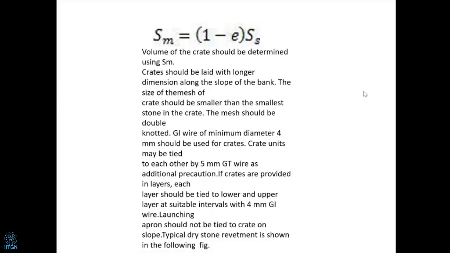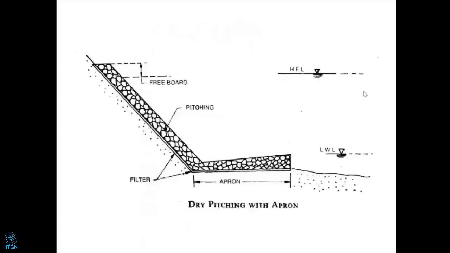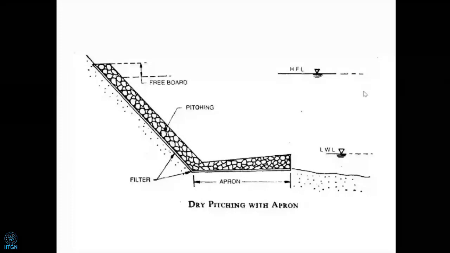But what is going to be the volume? The volume is decided by, here the porosity is used, the specific gravity used. Sm is the volume of the stone. I don't want to go into whether it's a metal or polymer gabion or other thing. You can use this formula and find out the volume. After arriving at the volume, you have to look at the one single crate size. Then you have got dimensions.